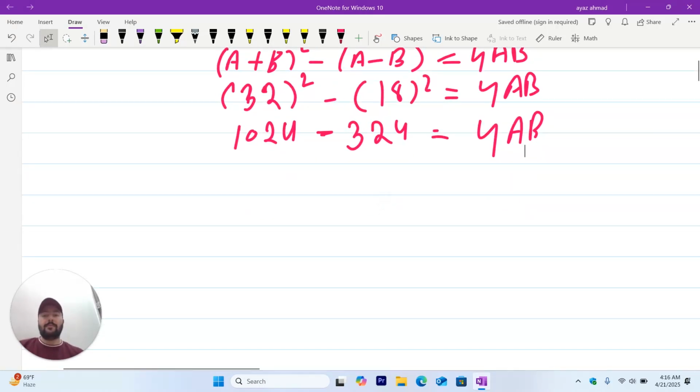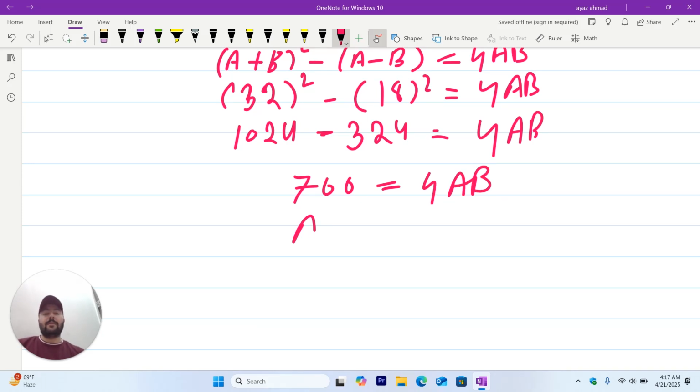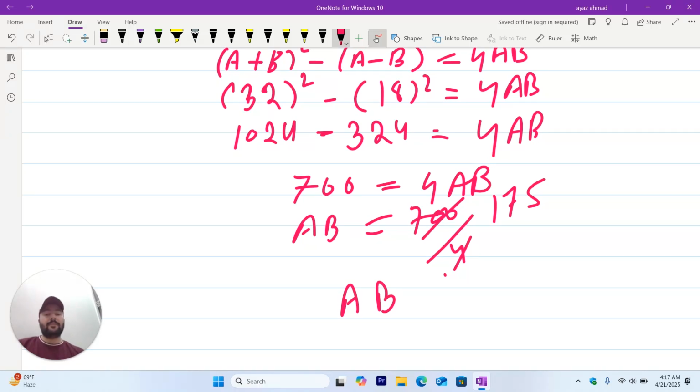And then here, if I eliminate this, 1024 minus 324 is equal to 700. Then 4ab. So here ab is equal to 700 divided by 4. So 175 times 4 is 700. So our final answer is ab is